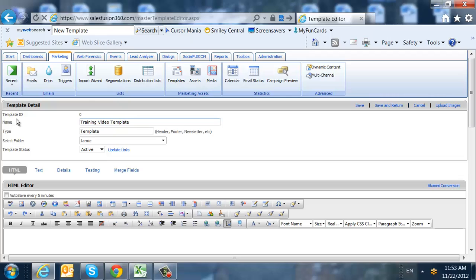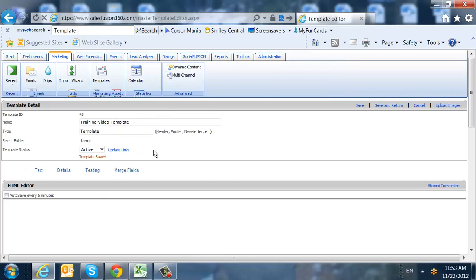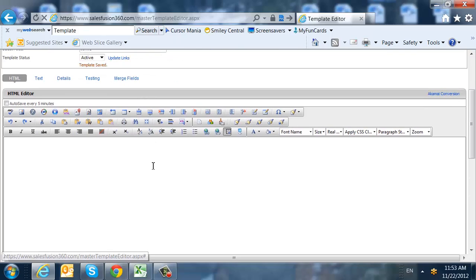I'm going to call mine Tradio Video Template. You can enter the type, and the type is just for organization. It does not affect anything on the template. You can choose your folder, and you can choose if it's active or inactive. I always click on Save to save the attributes I've just entered,